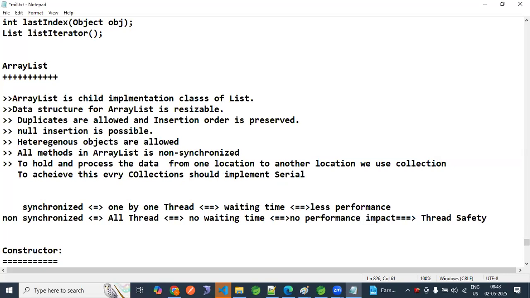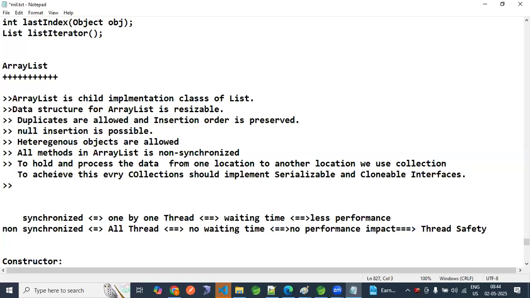Serializable interface, serializable and cloneable interfaces. Okay? Apart from this, ArrayList and Vector. Vector is also an implementation, right? So ArrayList and Vector implement